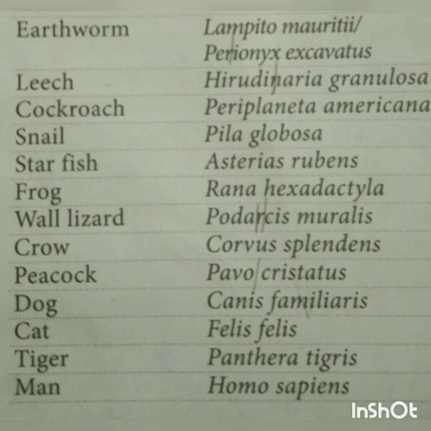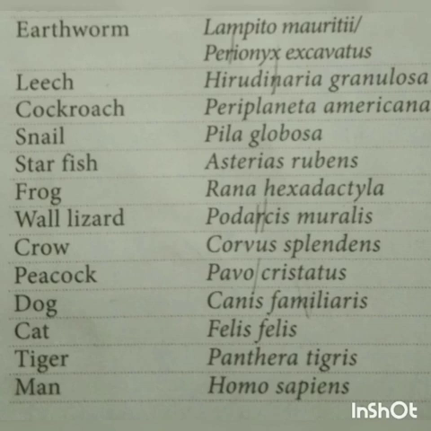These are some more examples of common names and binomial names. Let us see what they are. First, earthworm, Lampito mauritii, Perionyx excavatus. Second, leech, Hirudinaria granulosa; cockroach, Periplaneta americana; snail, Pila globosa; starfish, Asterias rubens; frog, Rana hexadactyla; wall lizard, Podarcis